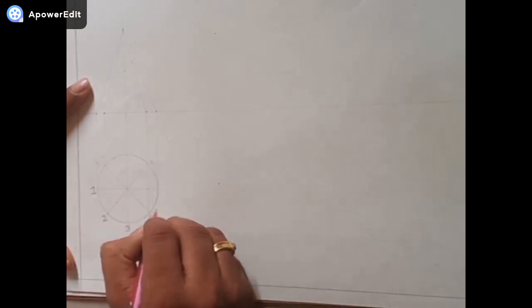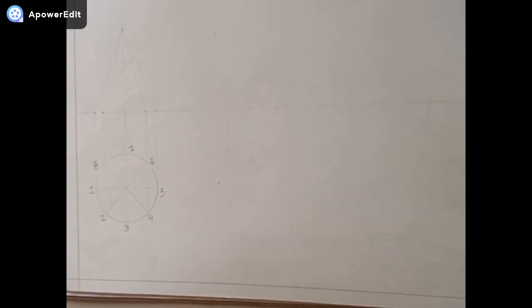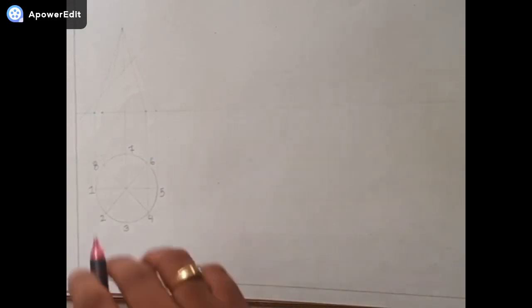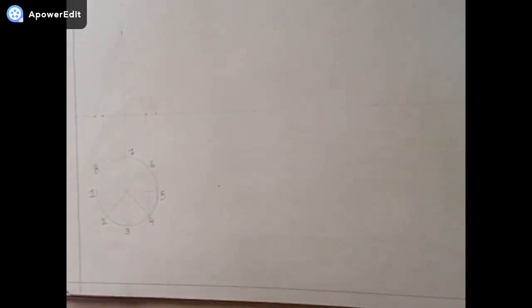After drawing this, I have divided this particular circle into 8 equal parts, and I am going to name the parts 1, 2, 3, 4, 5, 6, 7 and 8. After naming the parts, I will proceed to get the projections on the XY line. Already I have drawn the projections, and then I have drawn a triangle. So I'll give the naming according to that.